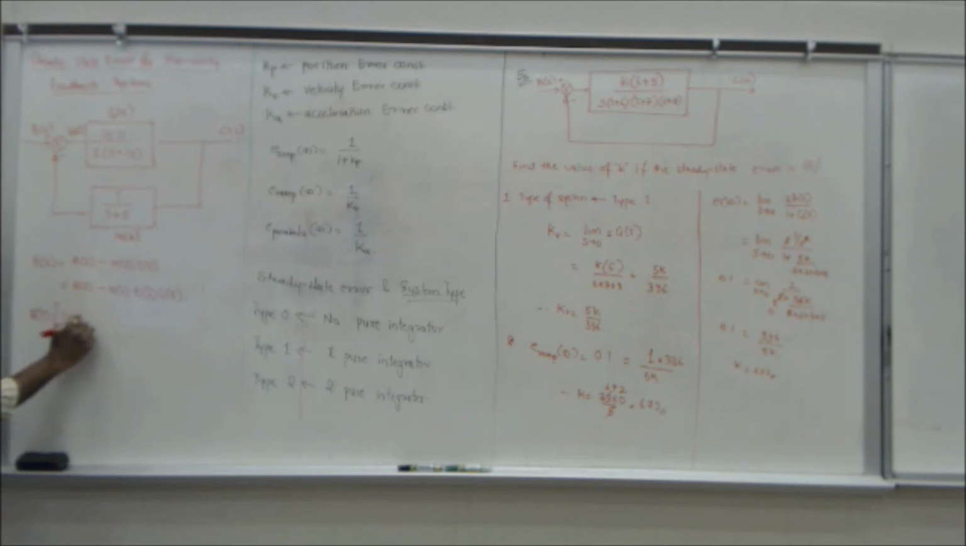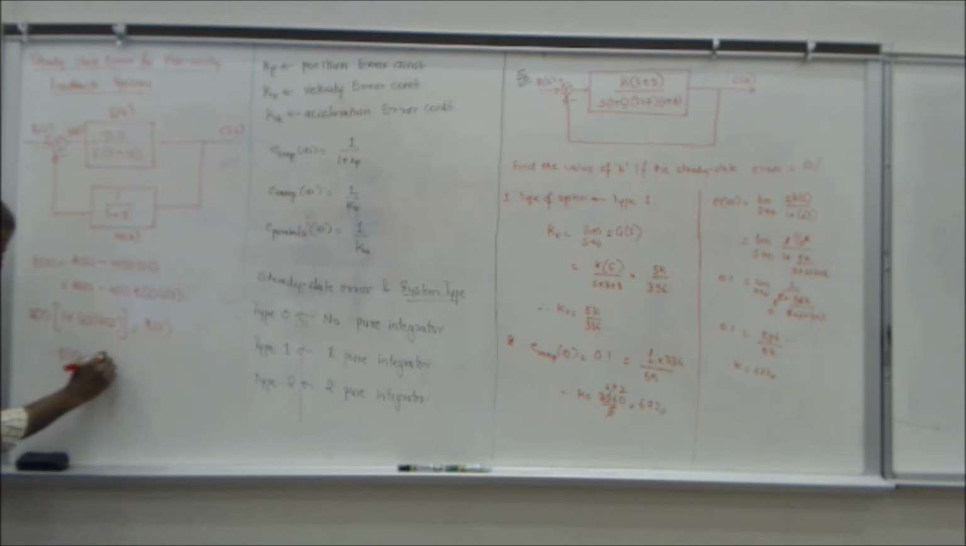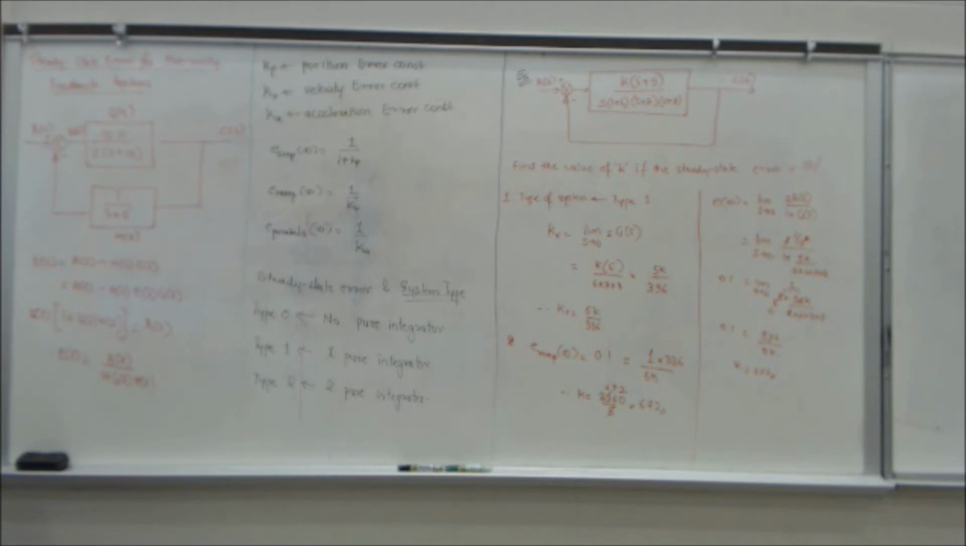Once you have this, your E of S now is: 1 plus G of S H of S, times E of S, is equal to R of S. Therefore, E of S is equal to R of S over 1 plus G of S H of S. Once you have this, all you need to do is define E infinity as the limit as s tends to 0 of s R of s over 1 plus G H. And you just simply apply the